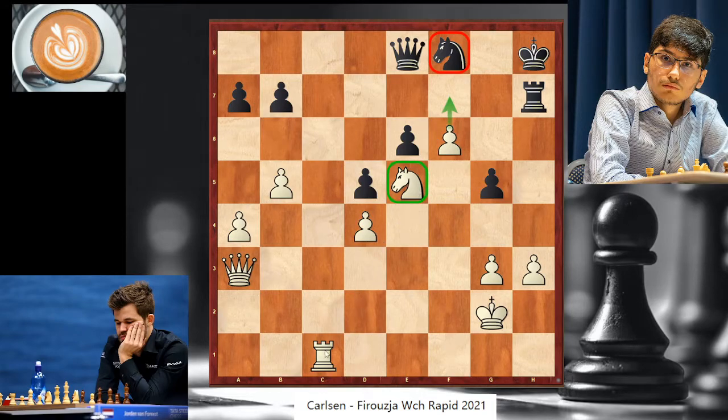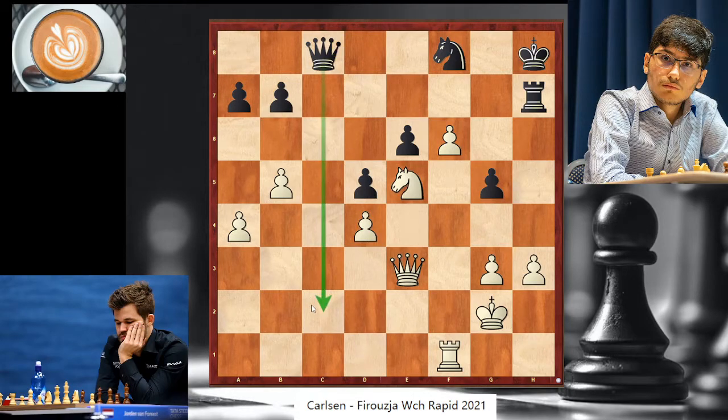You are threatening rook coming here. There's nothing you can do. So black waits passively. And here the only counterplay would be queen c2. But guess what? Rook f2, no counterplay. h4, no counterplay, because if you take here, maybe there could be some chances if you come in, I don't know, rook somehow,